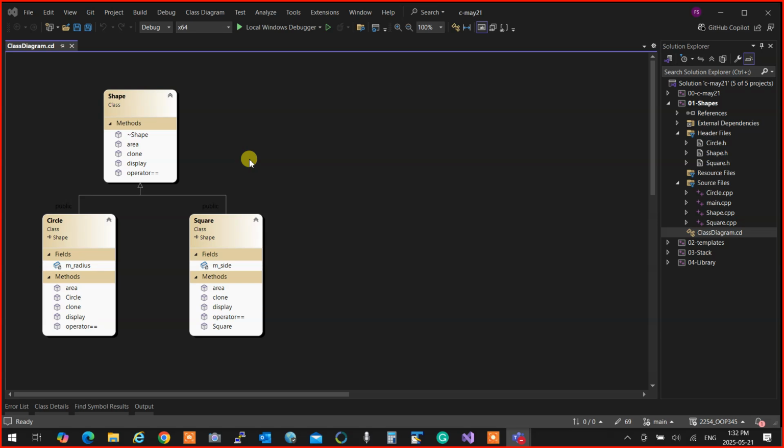A pure virtual function creates an abstract base class. An abstract base class cannot get instantiated. It's just an idea. And when you have an abstract base class with nothing but pure virtual functions, then it becomes an